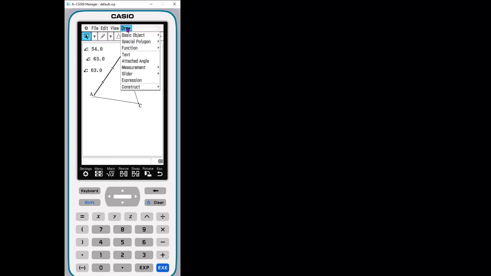So we can select and measure the length. I don't know why it's saying the length is 0, so I think I must have had something else selected. So here's where Edit Undo is a really nice feature. So let's try that again. Let's measure my length. There's a length. That's my base. Let's measure this length. So measuring is pretty easy.